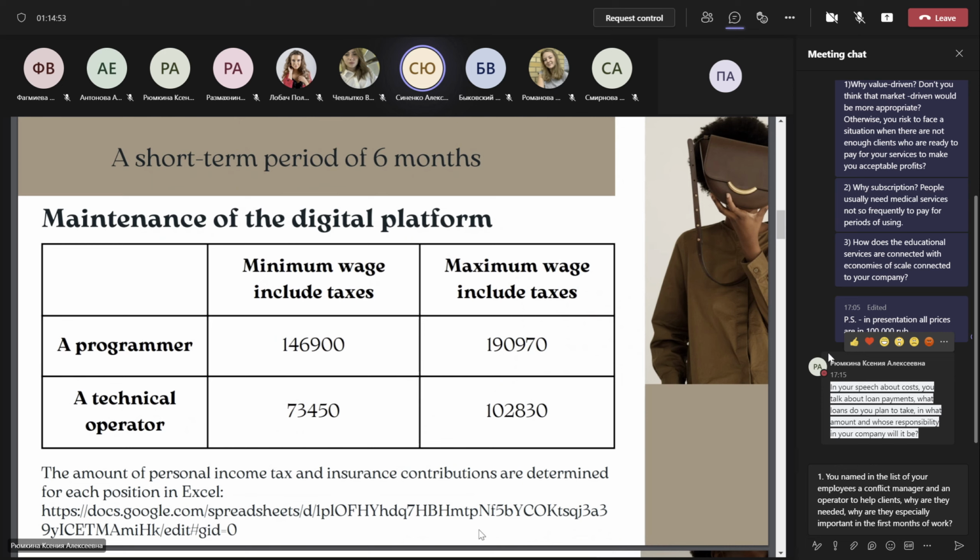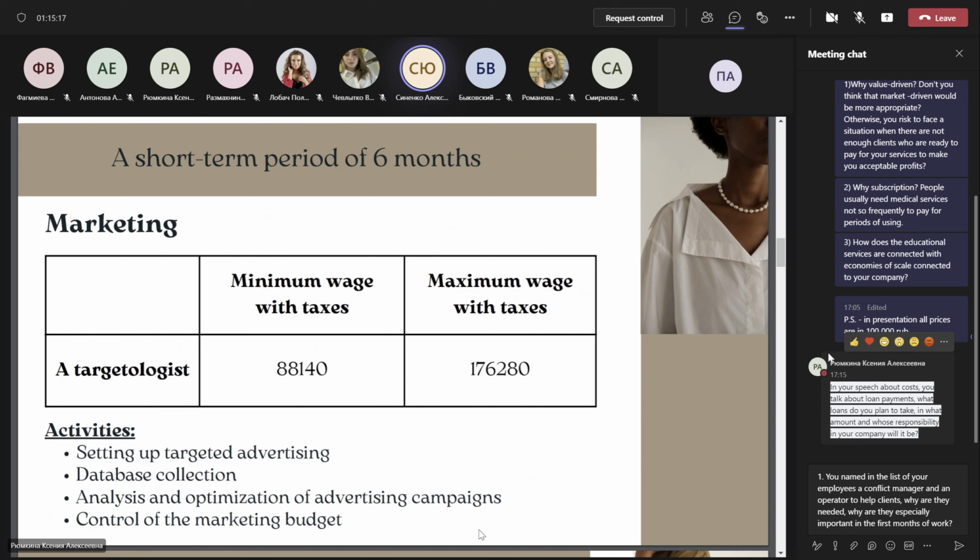The second part of cost in this period is the maintenance of a technology platform. Maintenance of a platform can be carried out with the help of programmers. For example, we will have one technical operator who solves clients' questions on the use of the platform, and one programmer on our staff in the first 6 months who will have the skills to work with applications and, if necessary, solve possible problems. Also, our costs include marketing, where